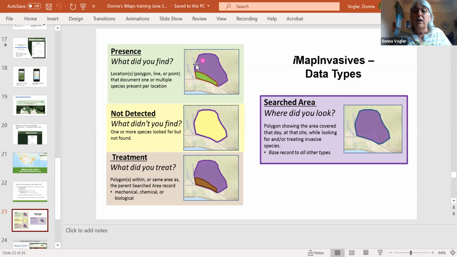Under the detected and non-detected, if it's an area that you search for a particular species that was not there, you do have the option to highlight it, draw a polygon or a dot, and say it was not there. In the future, if you wanted to manage for the species, say there's some chemical that was applied, or they mowed or they cut the trees down, you can subdivide a polygon and say this lower part was treated, the upper part was not treated, and then you have a way to monitor and follow it into the future. So this is what I mean by iMaps is useful to a number of people beyond just noting where something is or is not.